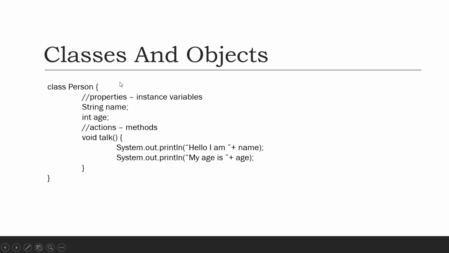Writing a class is not sufficient, it should be used. To use this class, we should create an instance of the class. Object creation represents allocating the memory necessary to store the actual data of the variables, for example the variables name and age. How can we create the object of the class? There is a syntax we need to follow. We provide the class name, then the object name, equal to the new operator, then again the same class name, and then the braces.